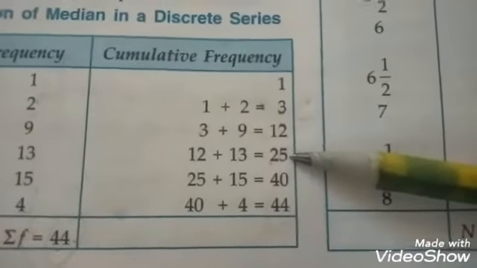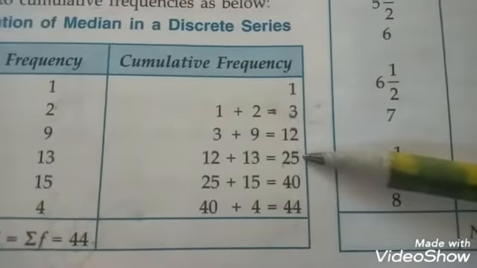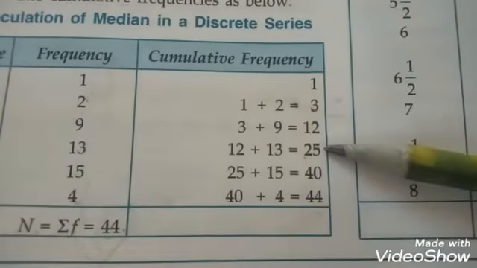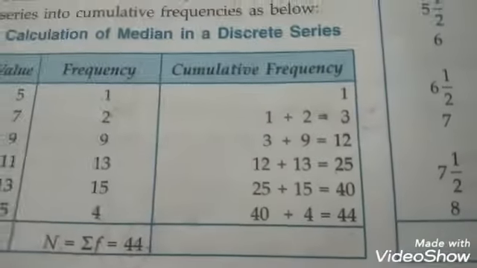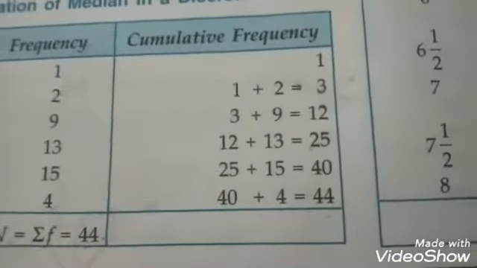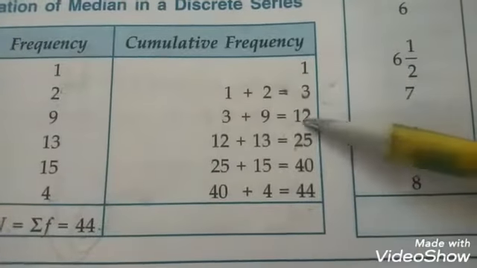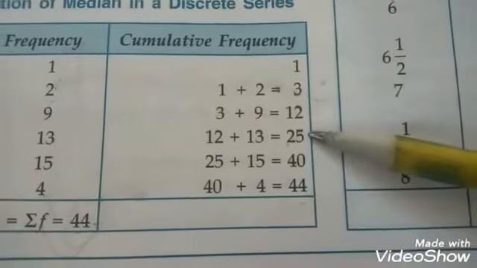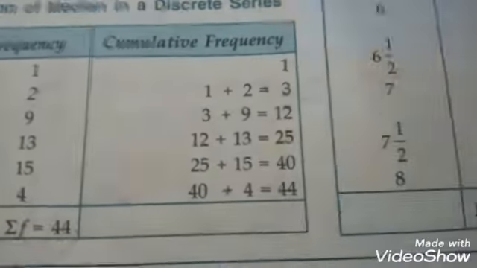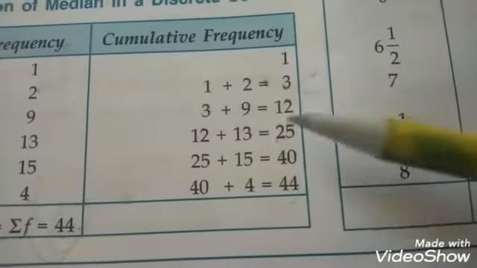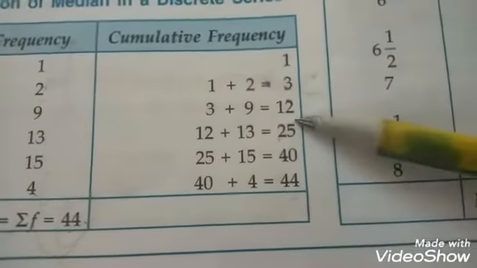Where 25 is more than 22.5, we are going to see the value which is nearest to that value and is more than that value and not less than that value. So nearest which is more than that value is 25. We are seeing nearest to which value? 22.5. So nearest to 22.5 is 25.